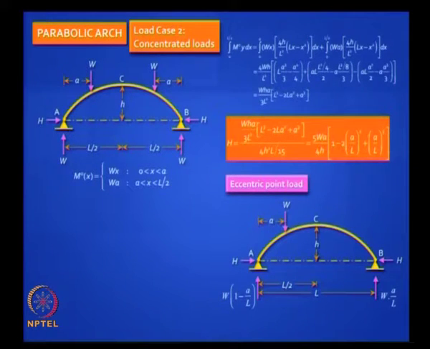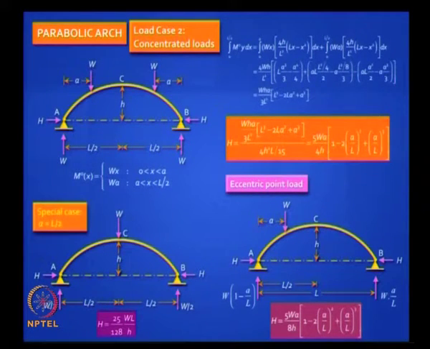Now if you had just one load, vertical reactions are easy to calculate. Horizontal reaction is what you get in that expression, divide by 2. So instead of 5 by 4, it becomes 5 by 8 times that same expression. What happens if you had one concentrated load at the crown? All you need to do is to substitute A by L equal to half, 1 by 2. And this is worth remembering, this is a standard formula for a single concentrated load on a symmetric arch acting at the crown. All this are special cases of the eccentric case. So it is 25 by 128 into WL by H, okay.